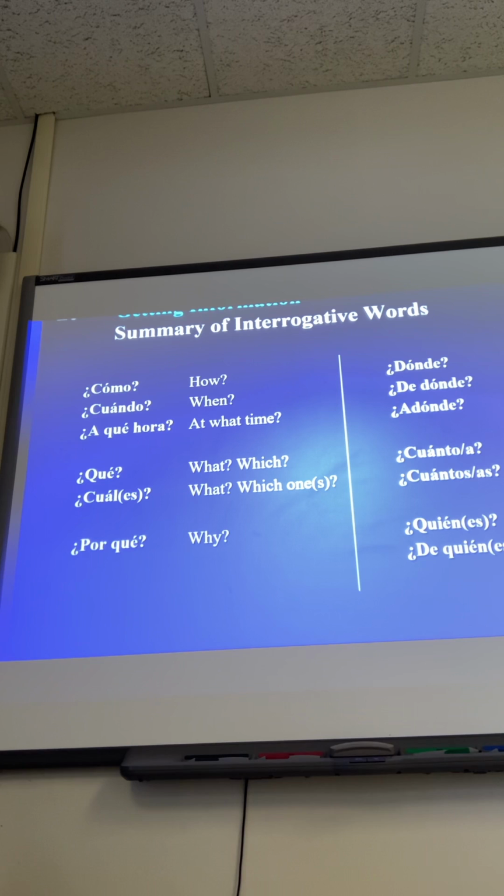Little space. Also, what's the other difference between why and because? There's an accent on the E. Yes. Whenever you use an interrogative word, you always have to have an accent. Okay, so right there. Okay, type of thing.